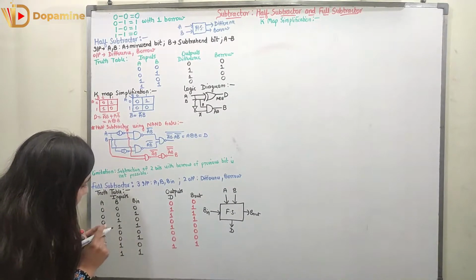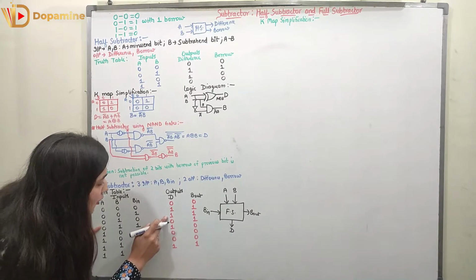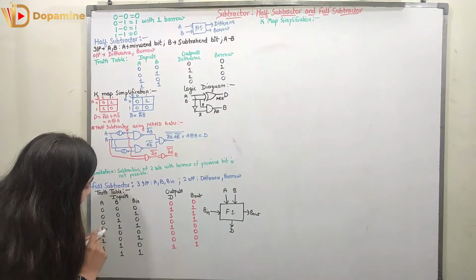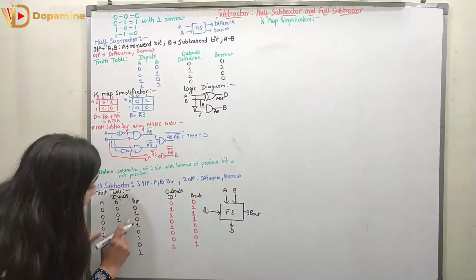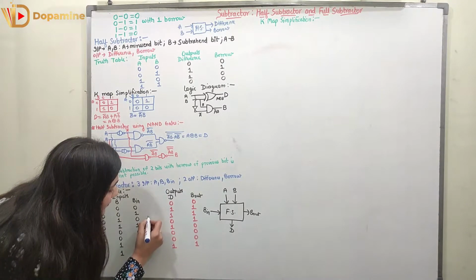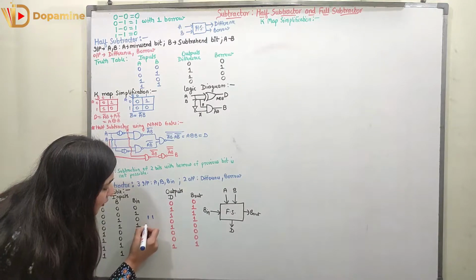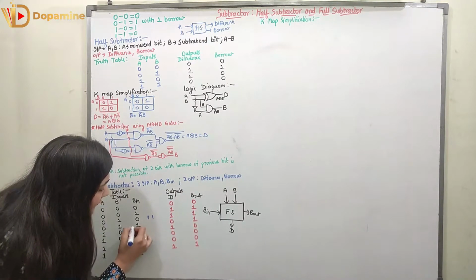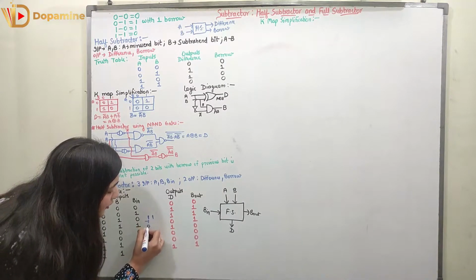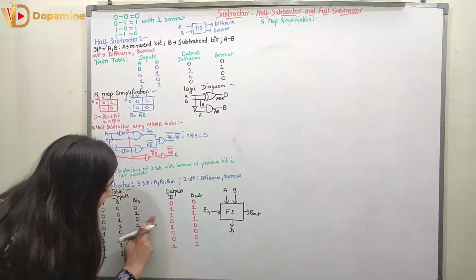Now coming to the next case, over here we have 0 1 0. 0 minus 1 gives me borrow 1 and the difference also 1. Again here we have 0 minus 1 and the borrow also 1. So 0 minus 1 will give me 1 as the difference and 1 as the borrow. Now I have a previous borrow also, which is also subtracted from the difference. So difference now becomes 0 and borrow remains 1. So in this case difference 0, borrow 1.